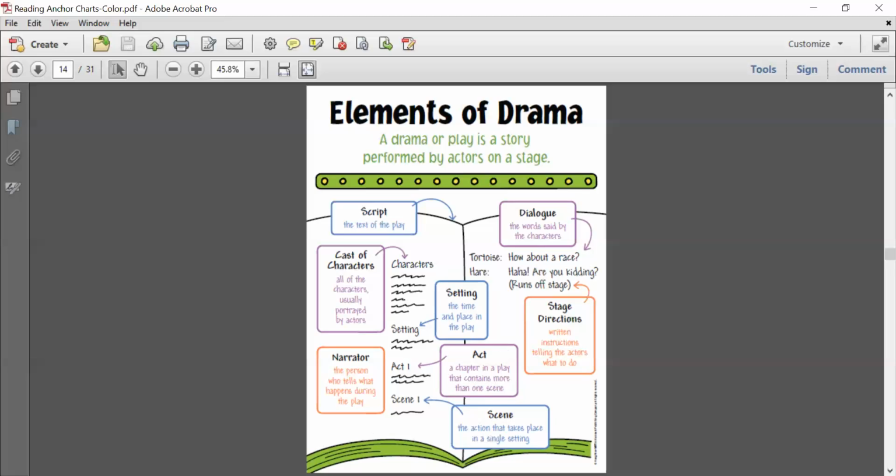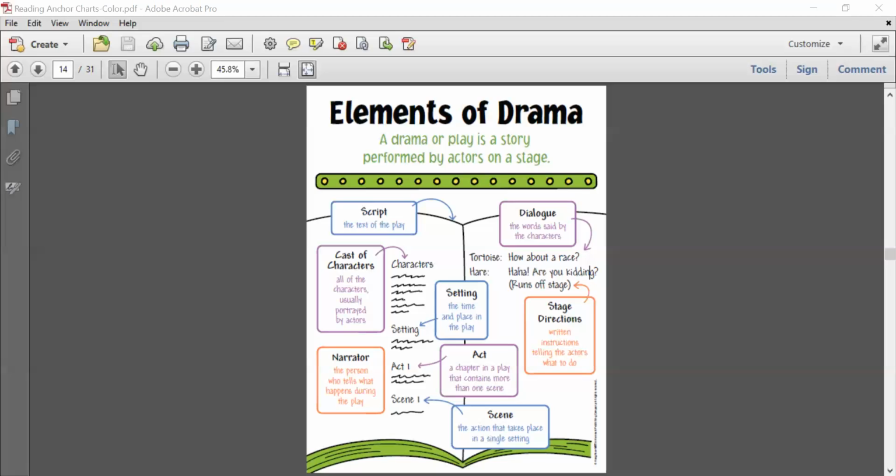So let's look at Gigi and the Wishing Ring really quickly, and kind of point out these elements of drama in the play. Okay. Here is the cast of characters, which you may remember. There's the narrator, Gigi's mother, the old woman, Maliarda, the mouse, cat, dog. Okay, these are all the characters, and these are all the people that have speaking parts in the play. I don't think there was a narrator in Gigi and the Wishing Ring, but we'll have to look and see.